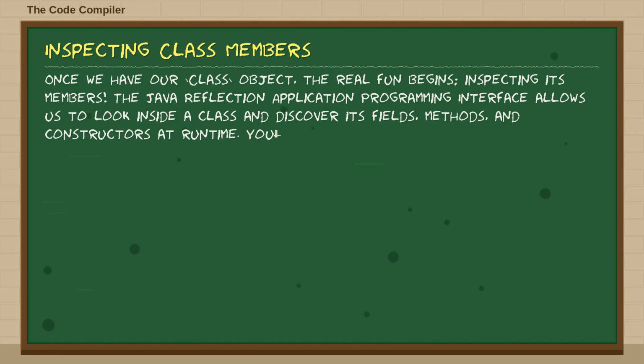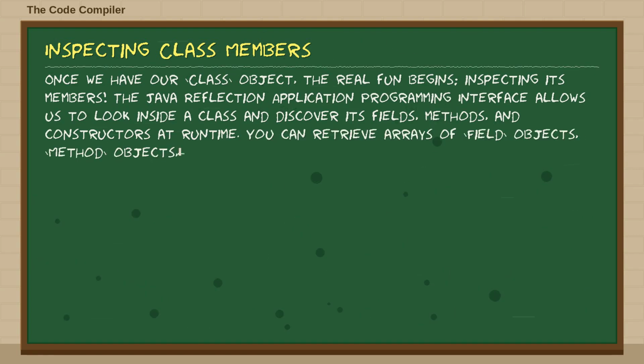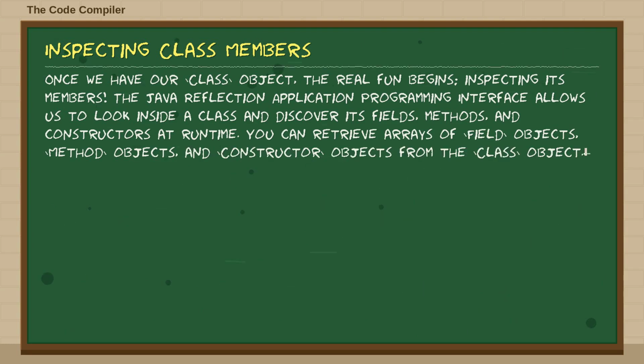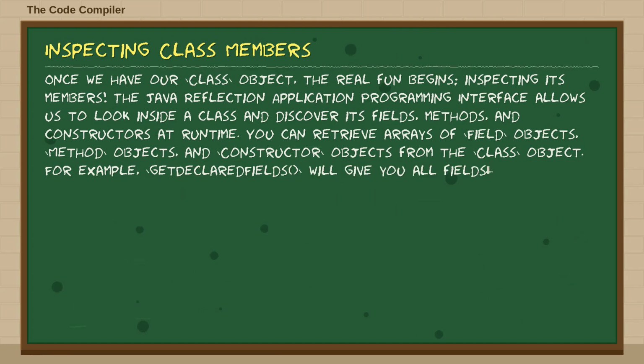You can retrieve arrays of field objects, method objects, and constructor objects from the class object. For example, getDeclaredFields will give you all fields declared by that class, getDeclaredMethods will give you all methods, and getDeclaredConstructors will provide all constructors. These methods return arrays of